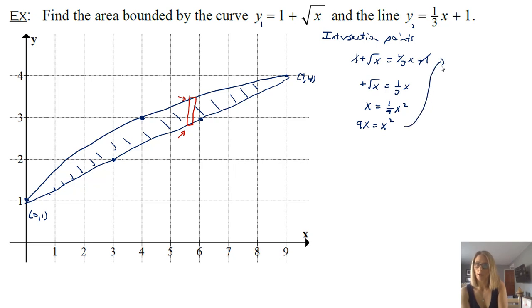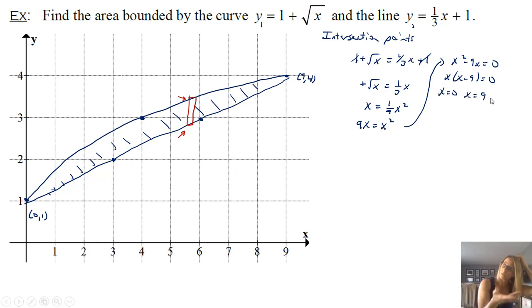And just for space saving, I'm going to move this up. So I'll have x squared minus 9x. And by factoring, I get x times x minus 9. And that tells me either x equals 0 or x equals 9. So those are the x values we got anyway for the intersection points. I'm just letting you know that that would be another way to do it besides graphing to see where the points intersect. I mean, we are not told from 0 to 9, so the only way to find that area is to find out what area is enclosed, and that's why the intersection points are necessary.